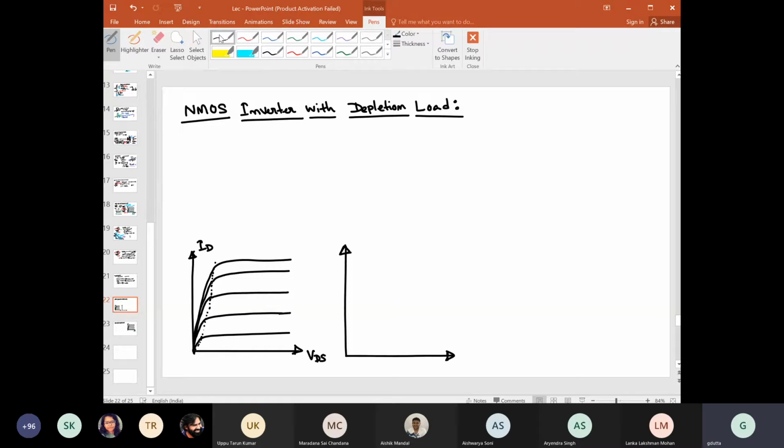Okay. So in this NMOS inverter with depletion load, this part we are going to discuss today. What do we mean by this depletion load? Before we understand the depletion load, let us have a brief recap of the depletion mode MOSFET first. Then we'll come to what we mean by depletion load. In the depletion mode MOSFET, if you see the cross-sectional view first, it will be easier for you to understand how these MOSFETs are made and why they operate in a particular behavior, which is a bit different from the conventional MOSFET.